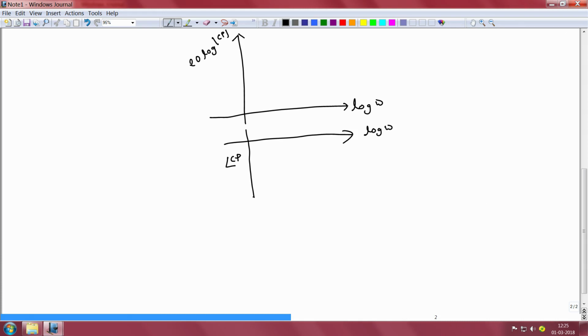It is worthwhile to spend a few minutes to justify why the y axis in one plot is log of C times P and the x axis is log of omega, and why in the other plot we are just plotting the angle of C times P and not the log of the angle, for instance. So as I said in the previous slide, the Nyquist plot is all that we need for us to complete our design, but the problem with the Nyquist plot is the issue of lack of intuition as far as how the controller might modify the Nyquist plot of the plant.